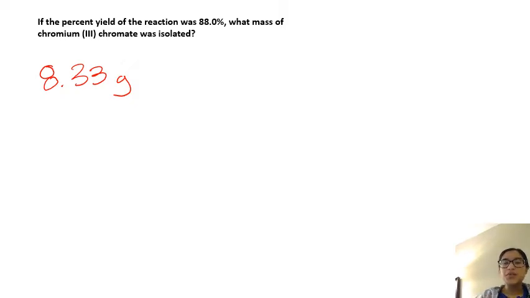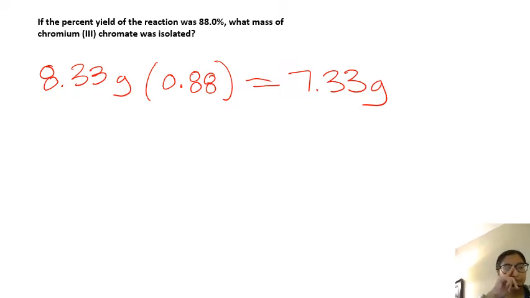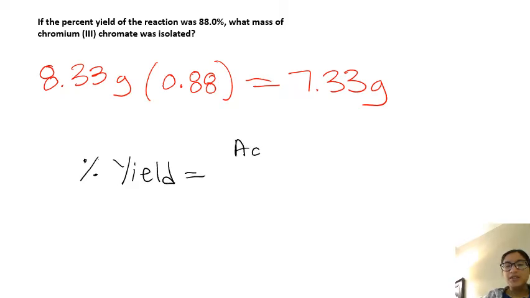So, the quick way to do it is just multiply your theoretical yield by the percent yield as a decimal. So just convert your percent yield into a decimal and multiply your theoretical yield by that, and you will get your actual yield. So actual yield turns out to be 7.33 grams. So where this is coming from is sort of the percent yield problem. So percent yield equation. So percent yield is defined as the actual yield